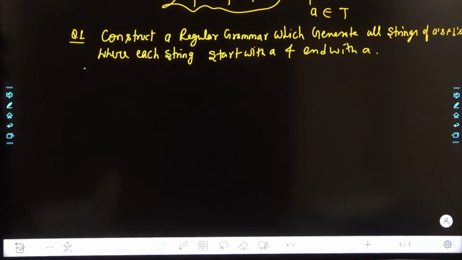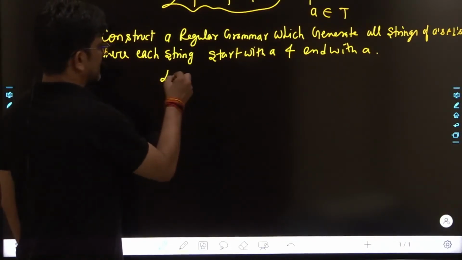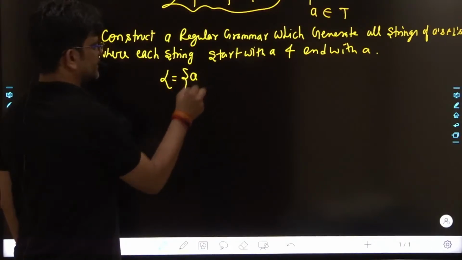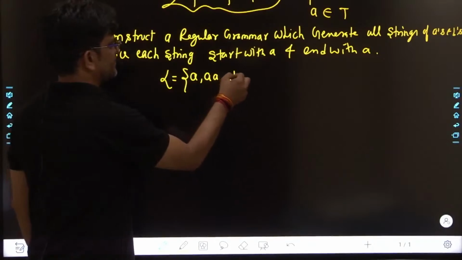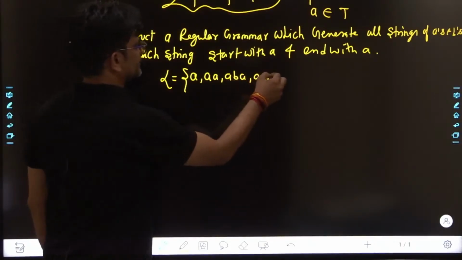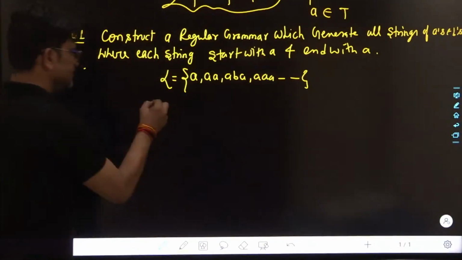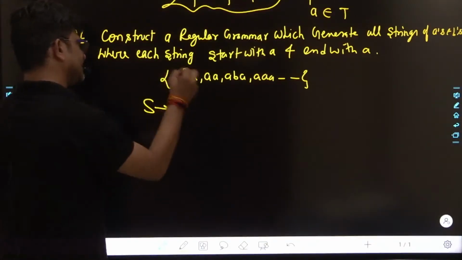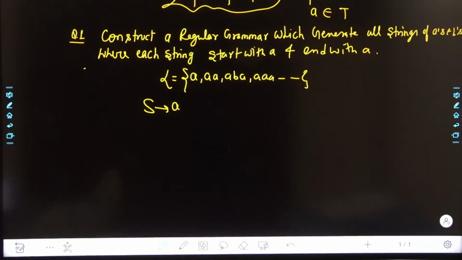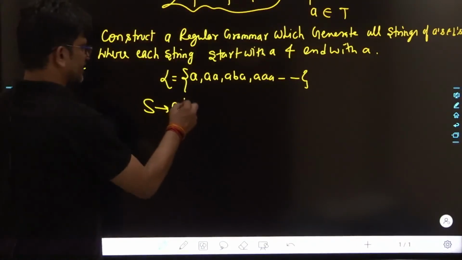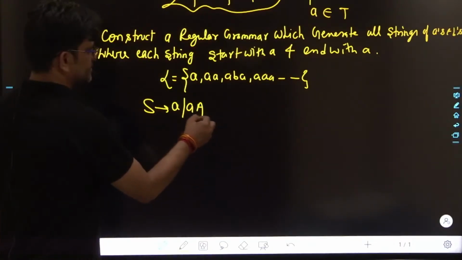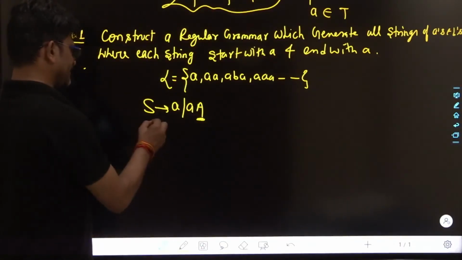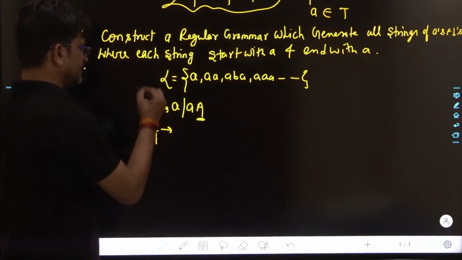Start with A and end with A. So what is the language? It contains strings: small a, single a, double a, ABA, triple A, and so on. So S generates single A. S generates single A. It generates AA, and how to terminate this A? A determines